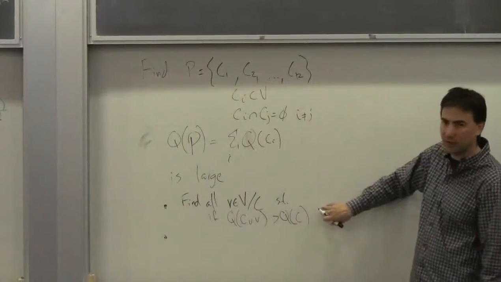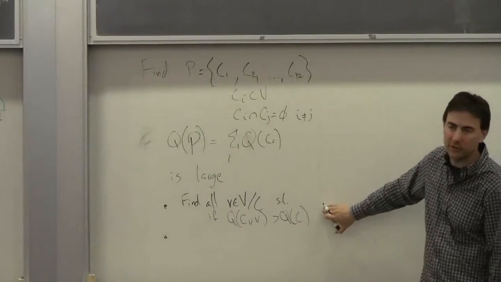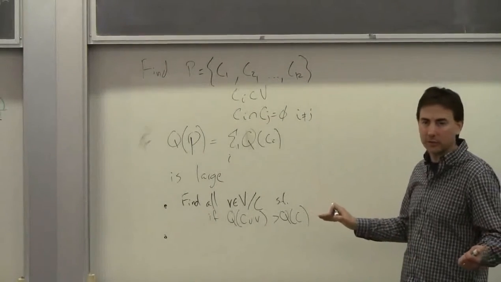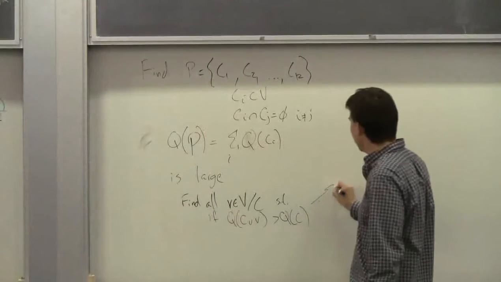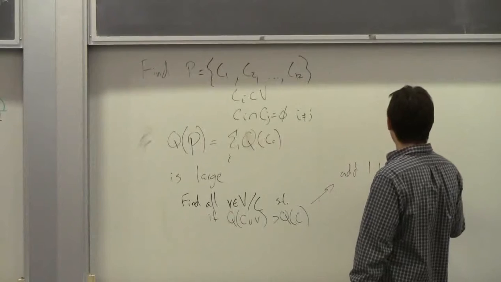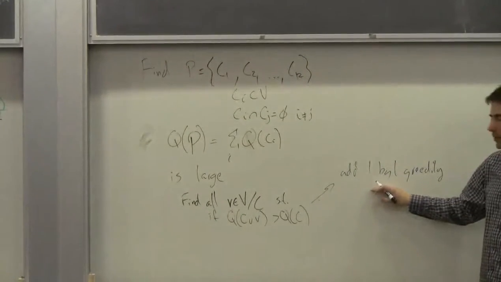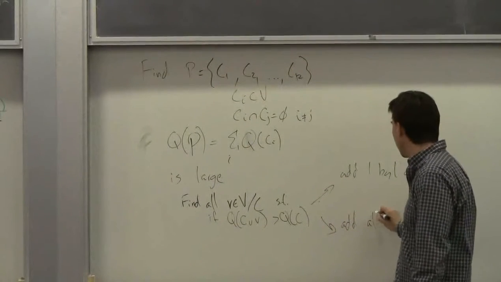Okay, so you can find all this set of vertices, and maybe then you say, I'm always going to add the vertex that increases this the most until it stops. So I can do two approaches here. Add one by one greedily, the one that increases it the most, or I can add all